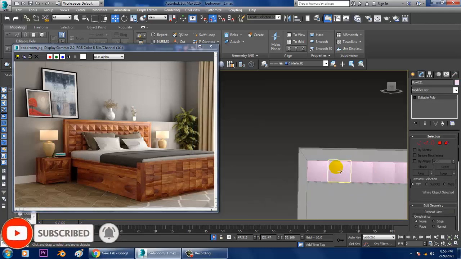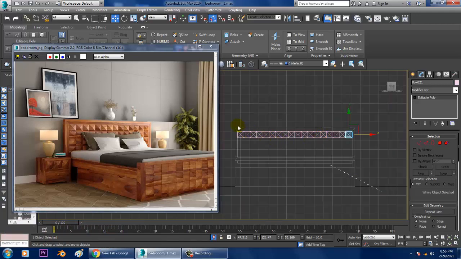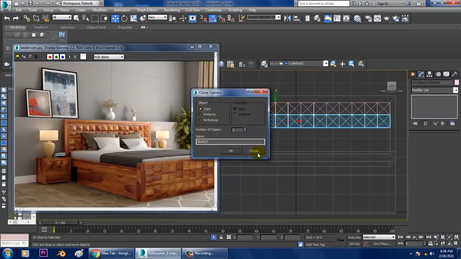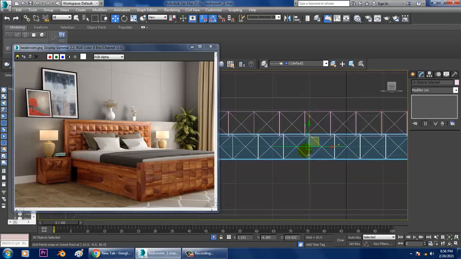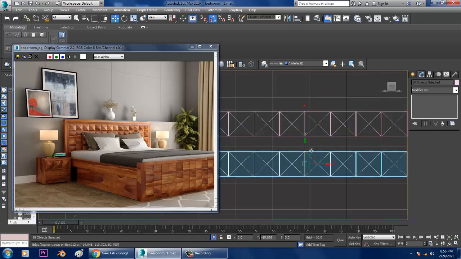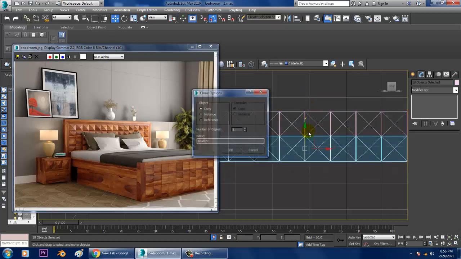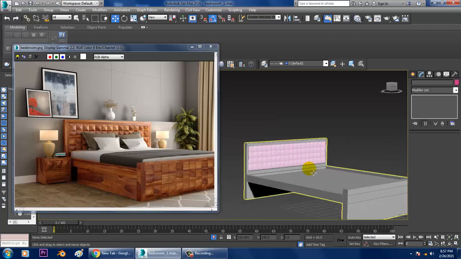Okay, so we can just select this and let's make a duplicate of it. We can just duplicate that and let's just delete it.